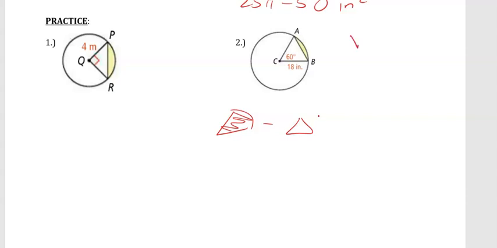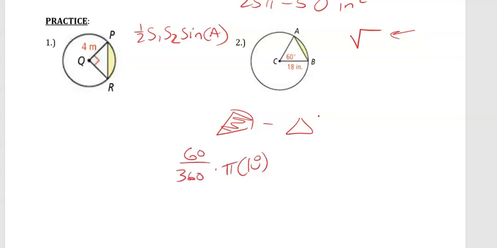Now on your homework, it says give it as a radical. The easiest way to do these is 1/2 side 1, side 2, sine of the angle between the sides. That's the easiest way to find the area of a triangle. But in this case, it would be 1/2 18 times 18 times sine of 60, but that's going to give you a decimal. And on the homework, it asks for a radical, which tells you 30, 60, 90s. So this is going to be 60 over 360 times pi r squared